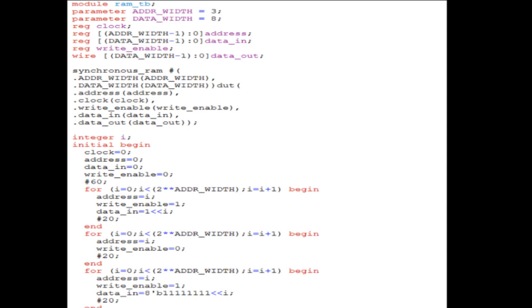Now I am doing the instantiation of the synchronous RAM, where we need to pass the address width and data width parameters to that module, and we need to have all the input and output ports in that instantiation. Now I am declaring I as an integer, since I am going to use that I in the for loop. And then moving to the initial block,